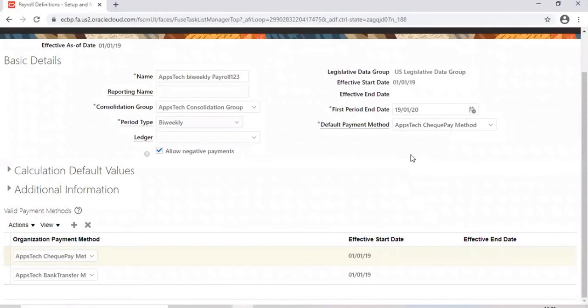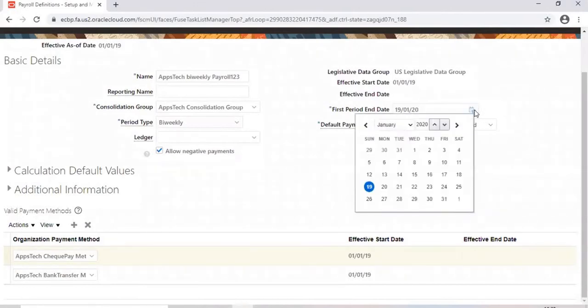Yes, Srini, just one doubt here regarding the first period ended. Could you please explain again? I am just not able to understand that part. If you can explain it the way you explained the negative balance, it would be very helpful. See, first period end date is basically the first payroll period you are processing in the system using the Fusion payroll.